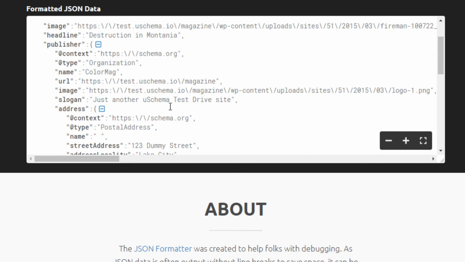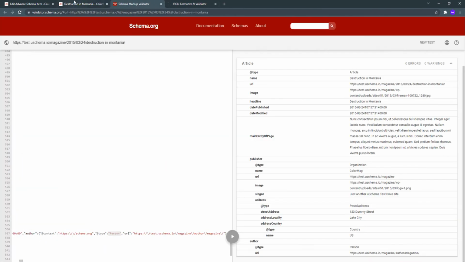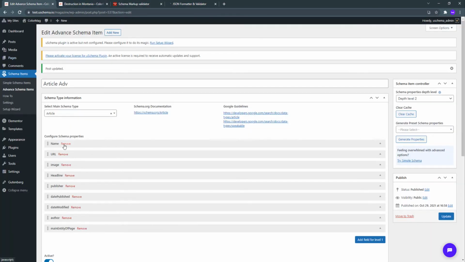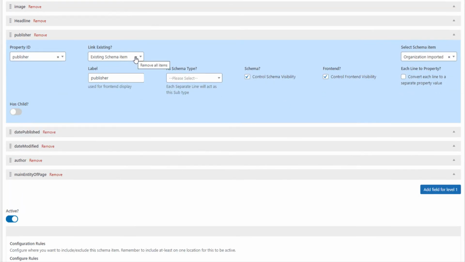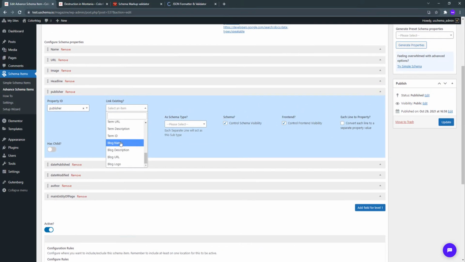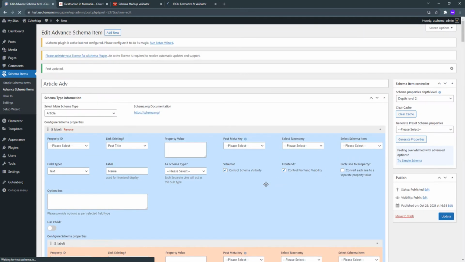The other method that is used for linking is the identifier. We can create different identification URI identifiers for our schema nodes and then link them. Again, this is going to be a little bit technical, so let me show you, and then you will understand what I mean. Let's change it back to where it was, for example the blog name, and we are going to use another method for linking the same publisher with our organization.